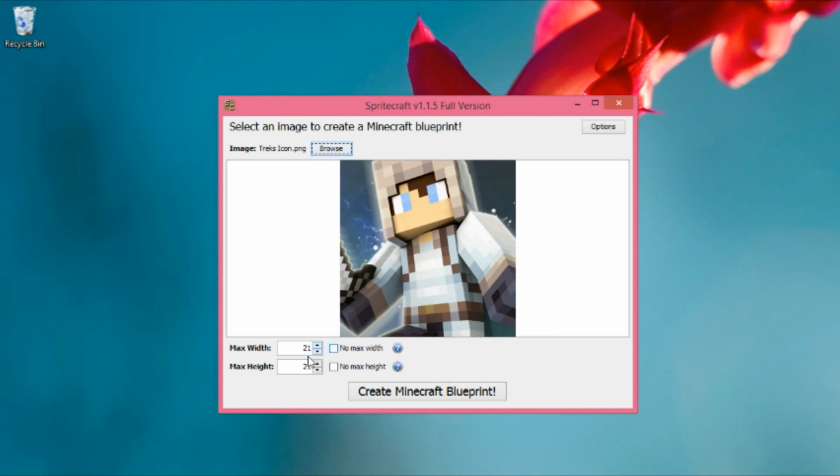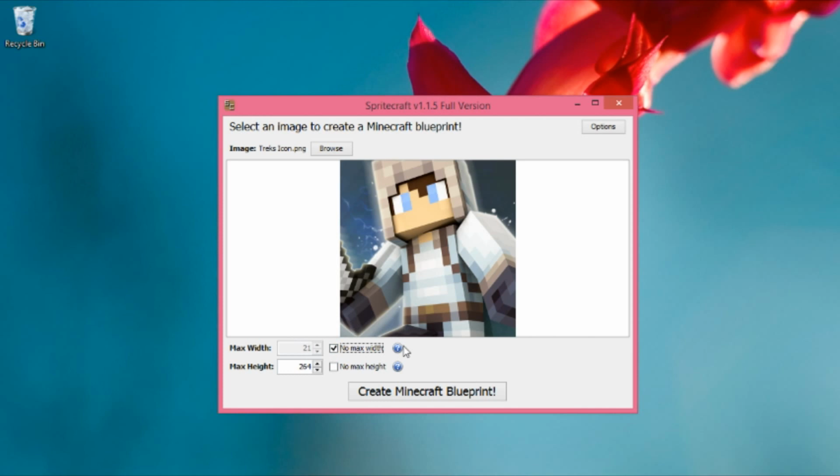What you're gonna have to do is your max height can be no higher than 264 blocks. You can make it 265, but the world height is 265, I believe, so you have to make it no larger than 265 at very max. I stick to 264. It gives you the largest amount. And then you want to click no max width,